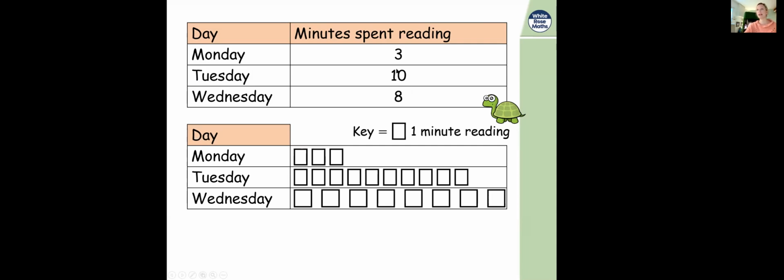Tuesday, they read for 10 minutes. So how many rectangles should they have put in Tuesday's? 10, that's right. Let me count. 1, 2, 3, 4, 5, 6, 7, 8, 9, 10. Okay, that one's brilliant as well. Wednesday, how many rectangles should they have put in? 8, right. Oh,